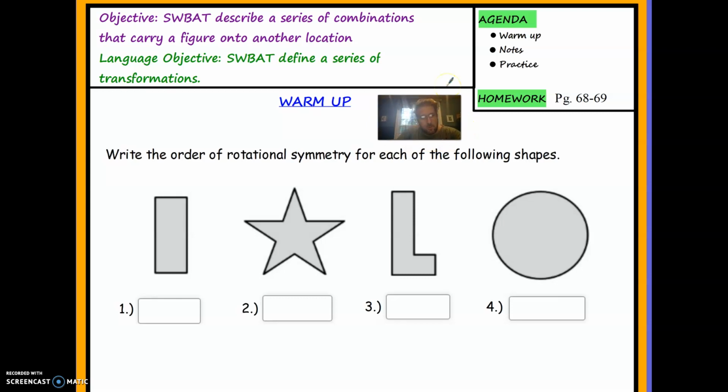Helps with Geometry. This is Unit 1, Topic 2, Part 2, Lesson number 4. So we're going to be describing a series of combinations that carry a figure onto another, starting with an order